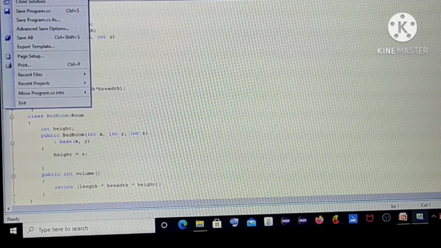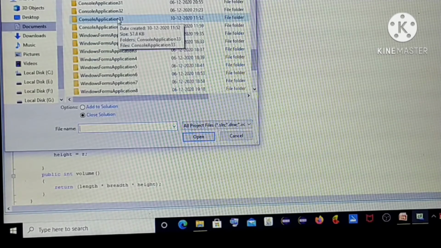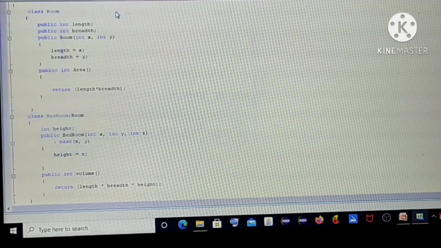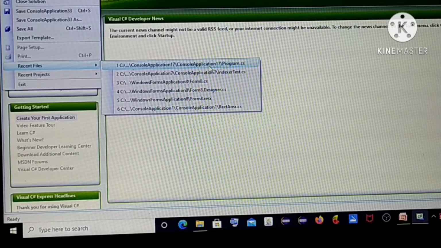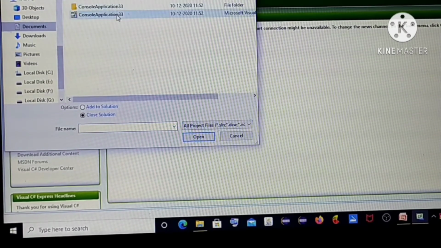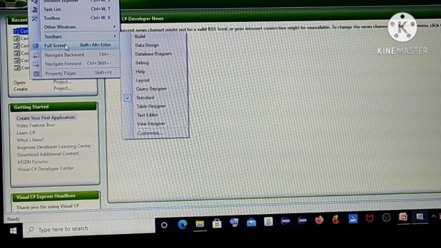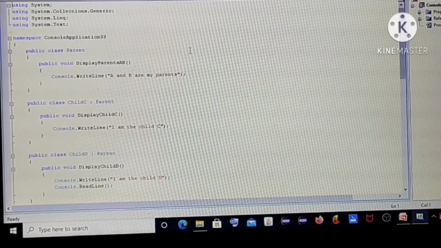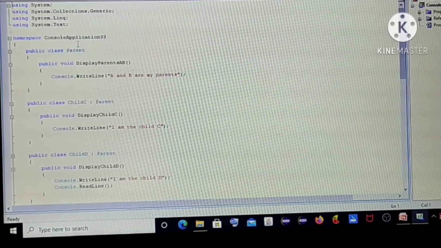And then, this is another kind of inheritance.